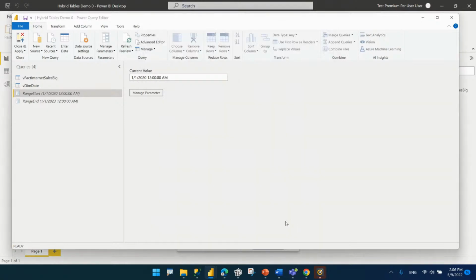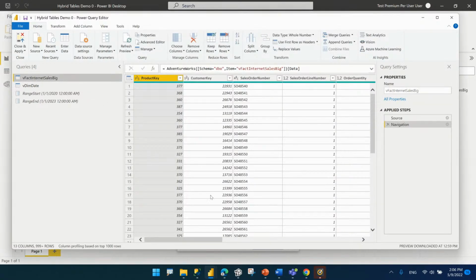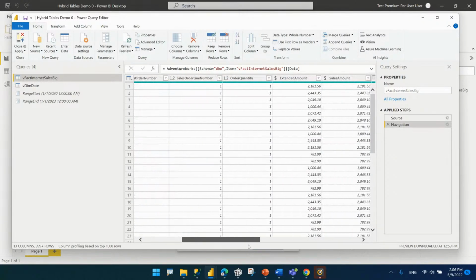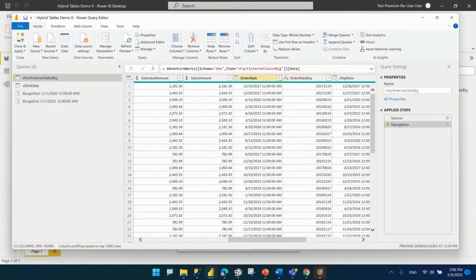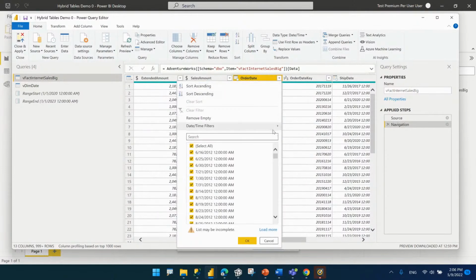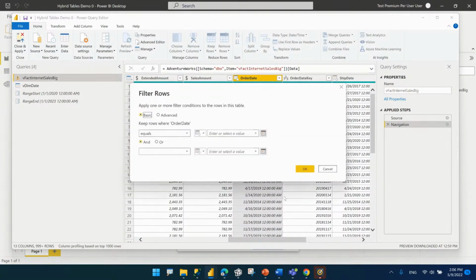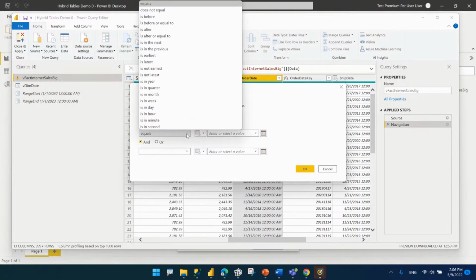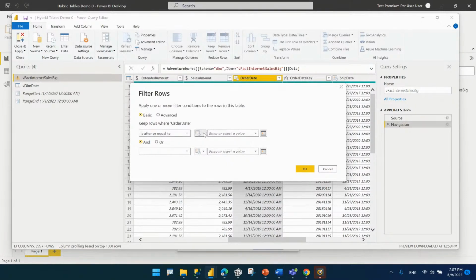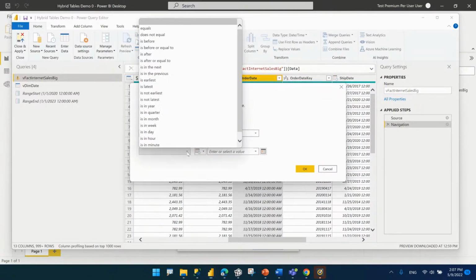So I'm going to click on OK. And now that we have the parameters, we can apply this to the order date column. So I'm going to go here, order date, and do datetime filters, custom filter. And here we are going to set the criteria for how we want the data to be filtered. So we're going to say it is going to be after or equal to, and change this drop down to a parameter, which will pop up the set of parameters that we have, range start, and it is going to be before